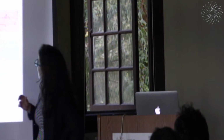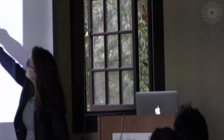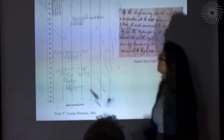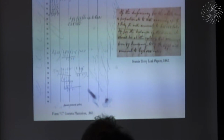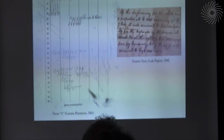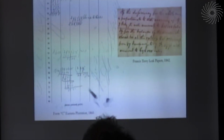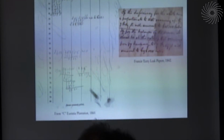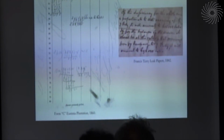So, just two items to look at. One is the tallies of picking each day and the running total over the course of the year. Planters wrote to each other to see how their picking compared to other plantations at the same point in the year. They also compared it to prior years, forecasting how much they believed they would have if the current rates continued. The quote on the right comes from a plantation account book where he's falling short of his targets,